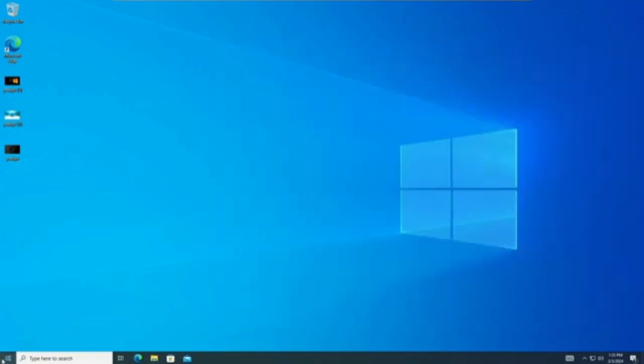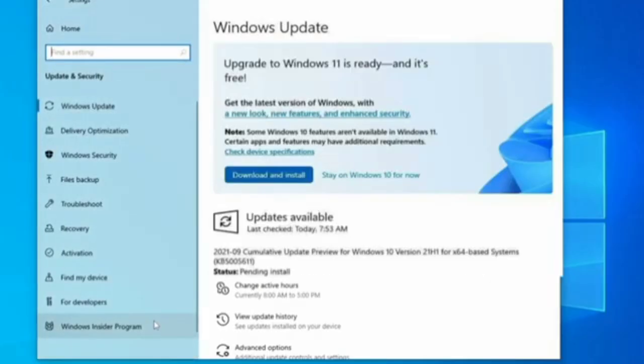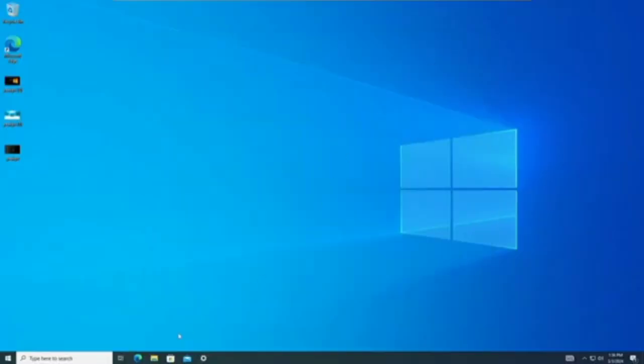You can right click on the Windows icon, click on update and security, and here you can click on check for update and you will get a notification where you can click on it and easily upgrade to Windows 11. But in case you don't find that option over here, or you get a message that says this PC doesn't currently meet the minimum system requirement, the next thing you will have to do,